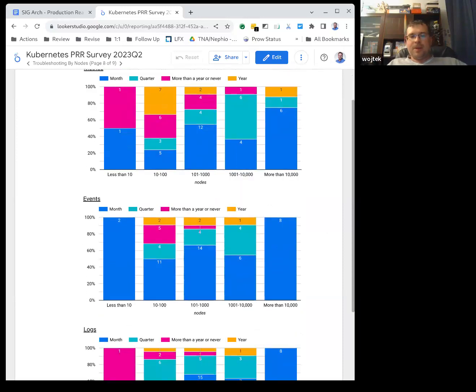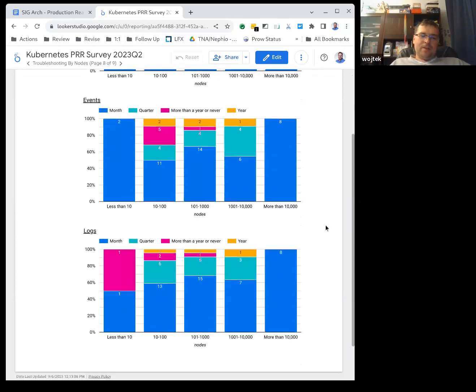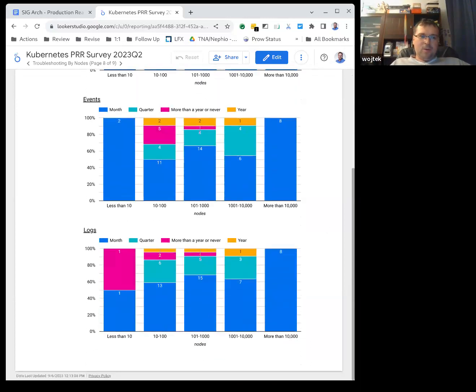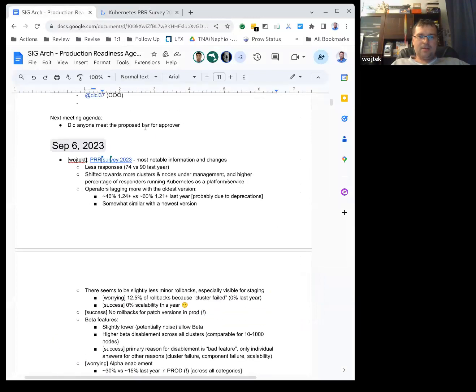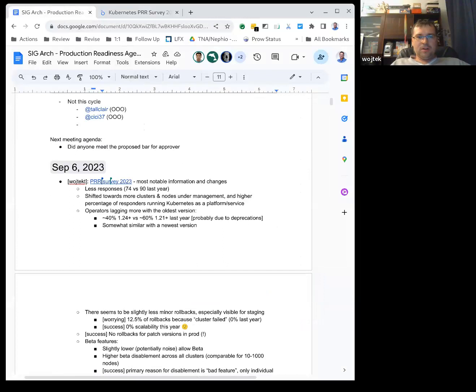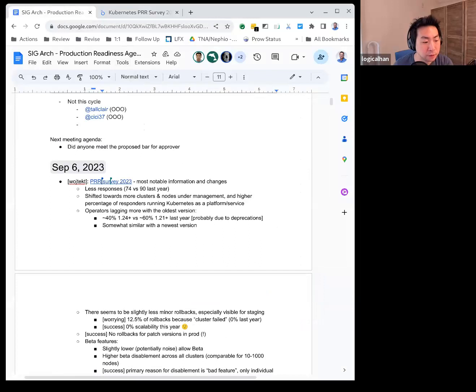I mean, from my perspective, the really big thing was alpha enablement, which increased by 2x compared to the previous year. Yeah. And the changes in why people are rolling back stuff, but those were kind of positive. I wonder if it's specific features that people are enabling, because I think since the last